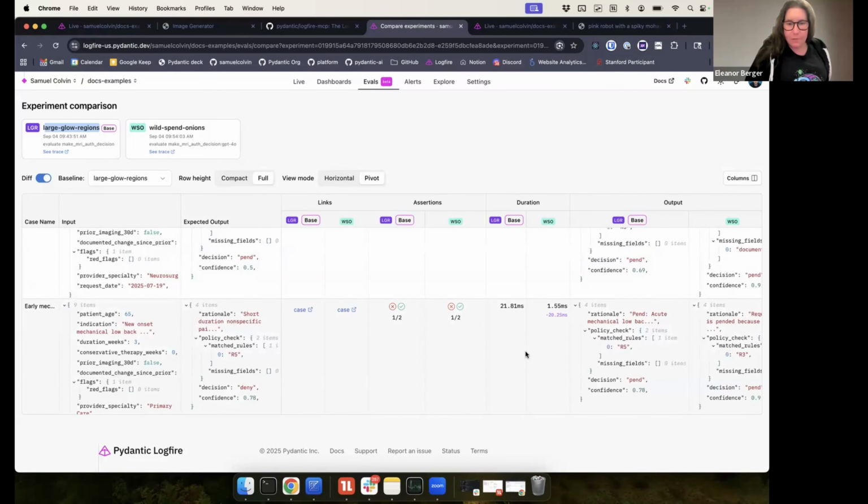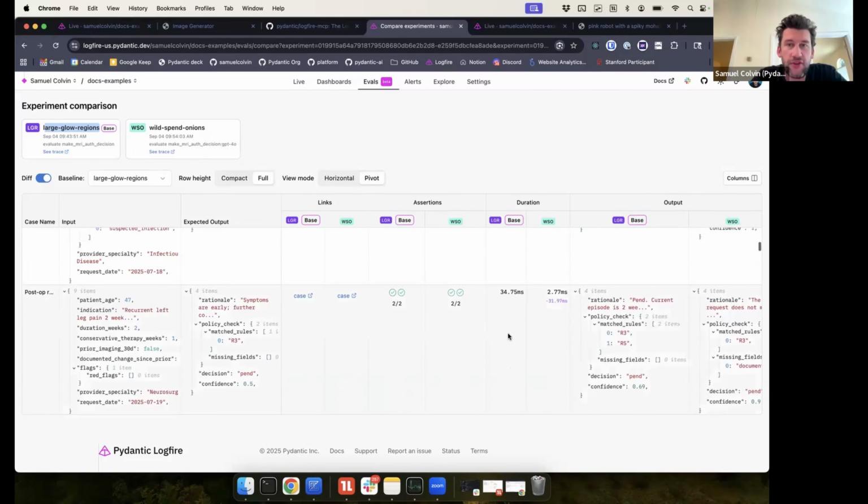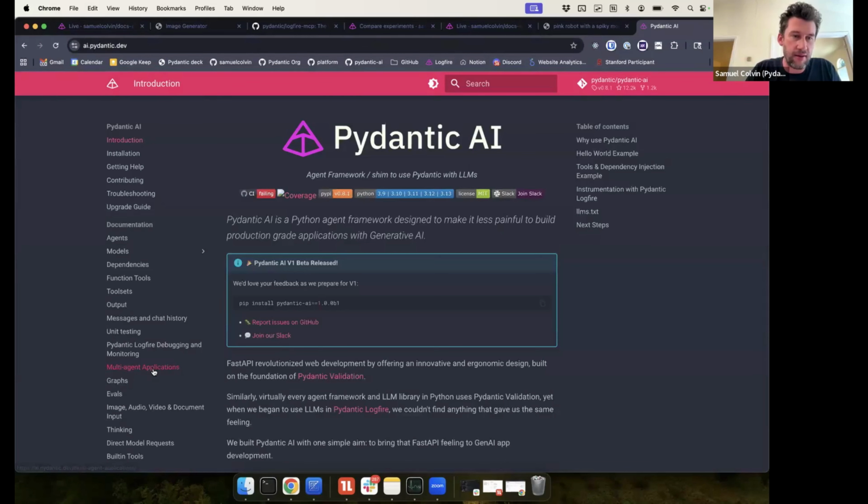What's the status with it? Is it something we can use, or are you still kind of developing it? No, you can use it now. I think if you sign up for an account, it's not behind a feature flag. It'll just be there with the beta label. I think our documentation is in